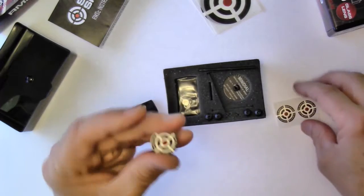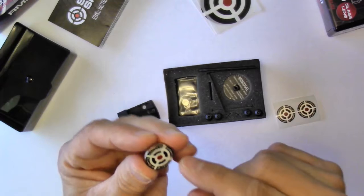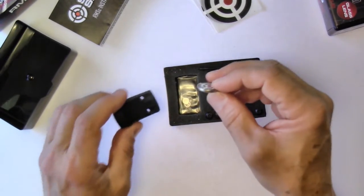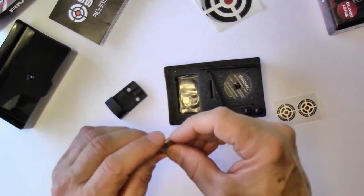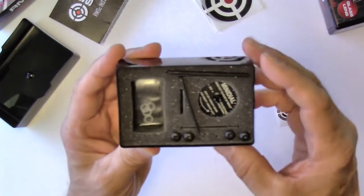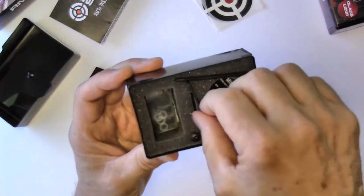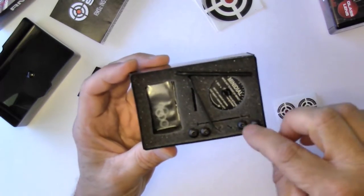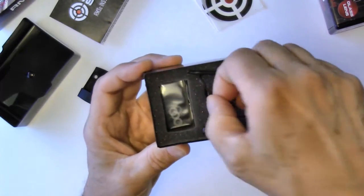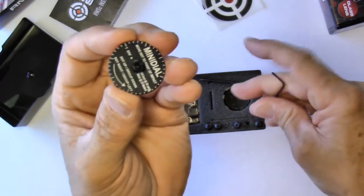So if you run out of these stickers, I think you could just use a little bit of cellophane tape or masking tape, or just about anything, just to provide a little bit of buffer against the frame of your slide of your pistol. Also in the box are two sets of screws of different lengths. We have Allen wrenches here, a small and a large. The large is for the screws, and the small is for this sight adjustment tool here, which actually just